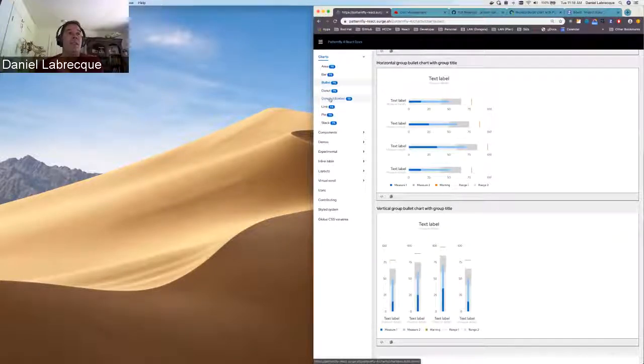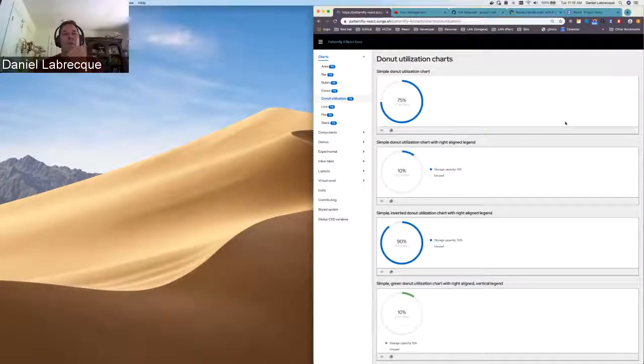One thing that I didn't show, this donut utilization. This has actually been in the charts package for a few weeks, but for some reason I never got to demo it. So basically, this is similar to the bullet chart. In bullet chart we're using multiple bar charts overlaid on each other. This is actually a pie chart. We're using multiple pie charts to get